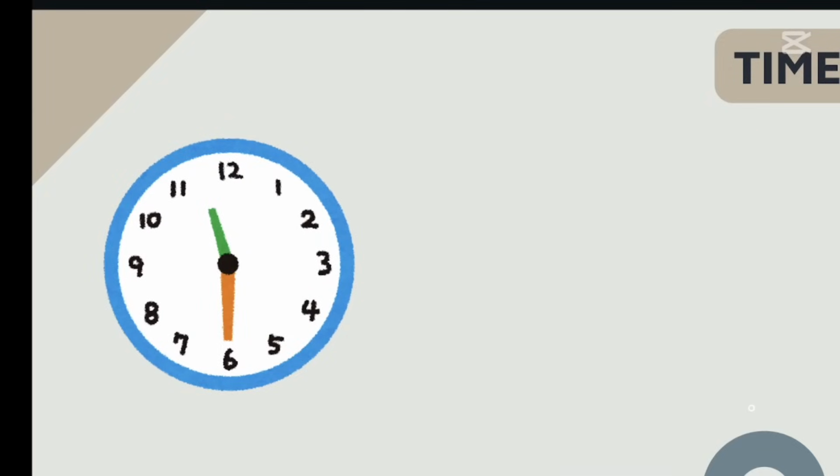So here. So this time, our long hands or the clock long hands is now pointing on number 6. And the short hands is pointing on number 11. So what do you think is the time here? So on our screen, the clock is telling us the time of 11:30 a.m. if it's in the morning, or 23:30 if it's in the evening.